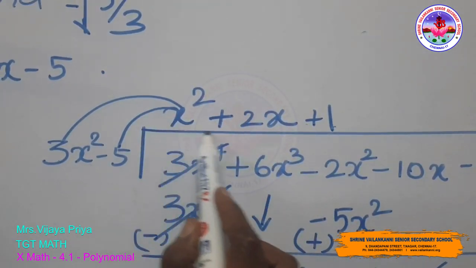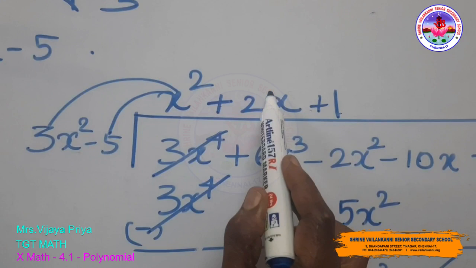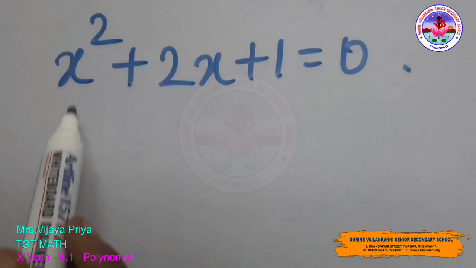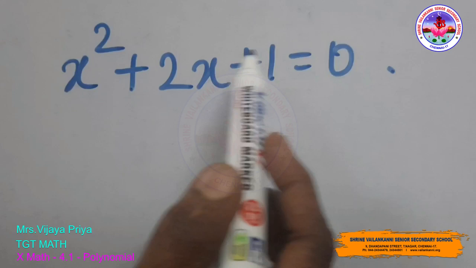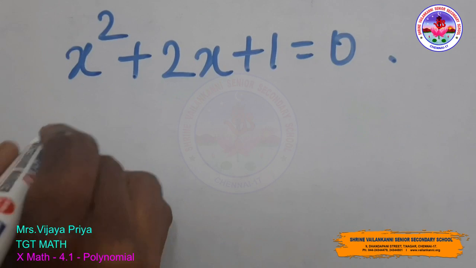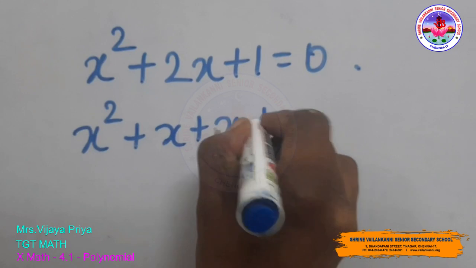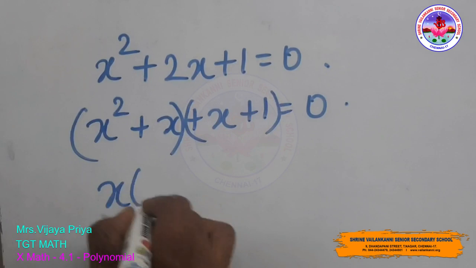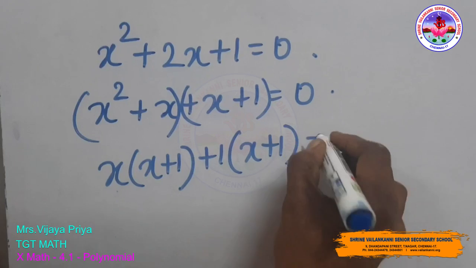Further I am going to use this quadratic polynomial and using splitting up of the middle term to find two more values for your x, that is two zeros of the given polynomial. The quotient I got, x squared plus 2x plus 1, is equal to 0. So I am going to use my splitting up of its middle term to find the value of x now. So x squared, I am just taking 2x as x plus x, plus 1 is equal to 0. Grouping this term, so taking x as a common factor, I will get x plus 1 and plus 1, x plus 1 is equal to 0.